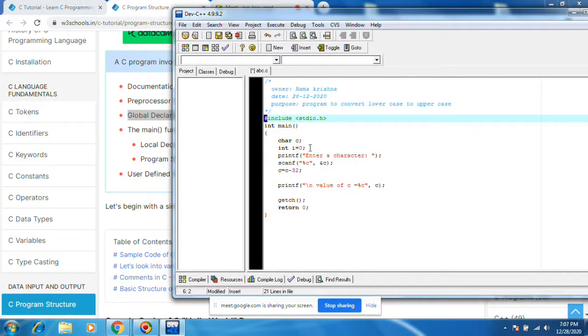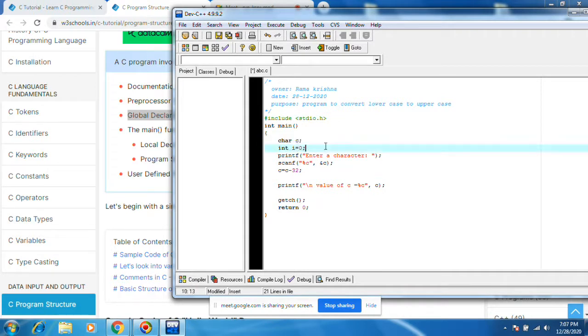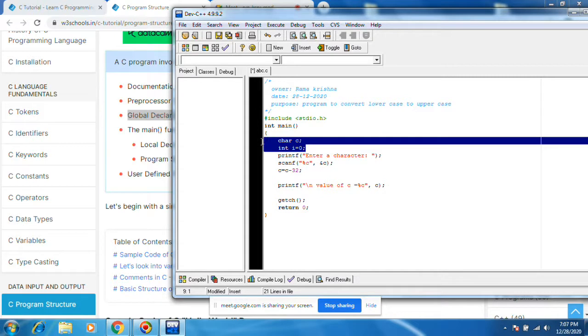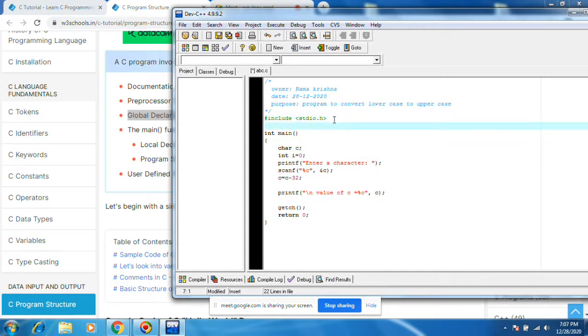Whatever variables are declared inside main are called local variables. These are called local variables declaration. Global variables means before main, whatever, int k.